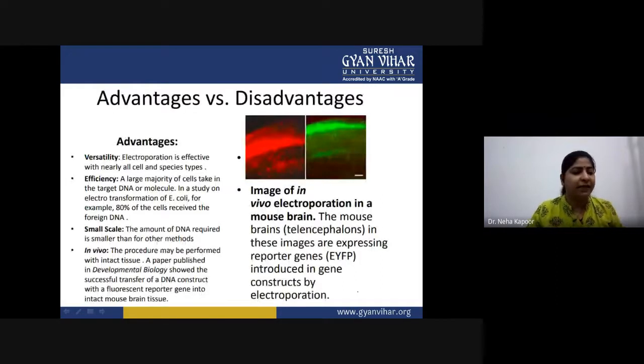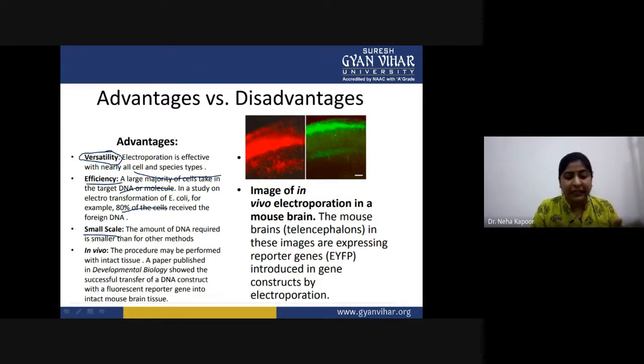Now, advantages in the sense of versatility. It is effective with nearly all cell and species types. Efficiency: a large majority of cells can take up the target DNA or molecule. In certain cases you can achieve 80% transformation efficiency, even on a small scale, in the laboratory. In our laboratory also we can perform this